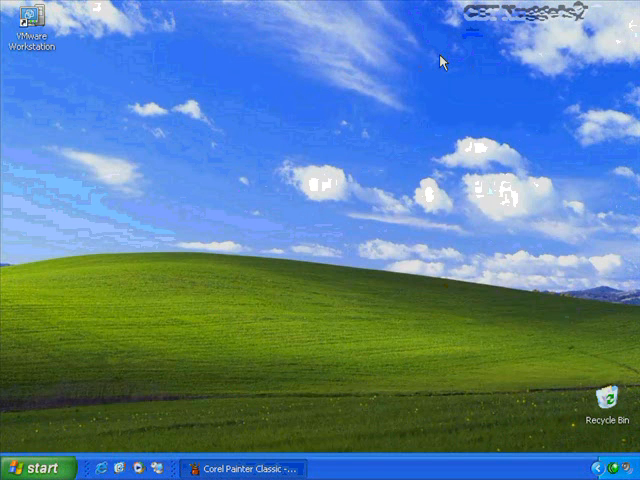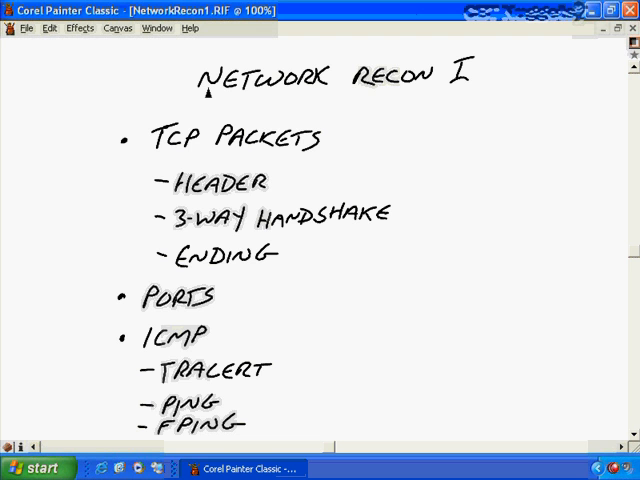Network Reconnaissance, Part 1. In this nugget, we'll be discussing network reconnaissance, and this is Part 1, and we'll take a look at a lot of these things, at how we see TCP work normally, how we see ICMP work normally, and ports, what they're all about. We'll take a look at a lot of these different factors so that we can understand later on how certain